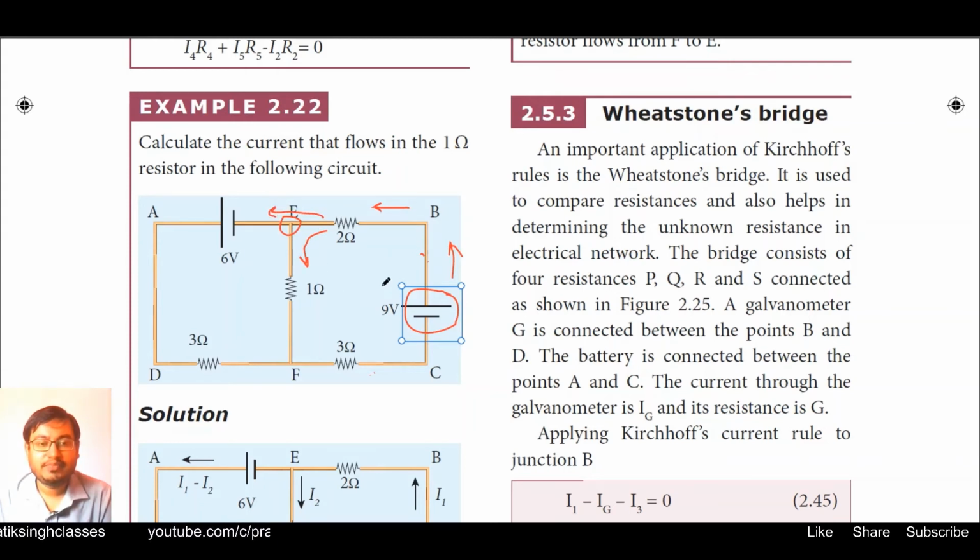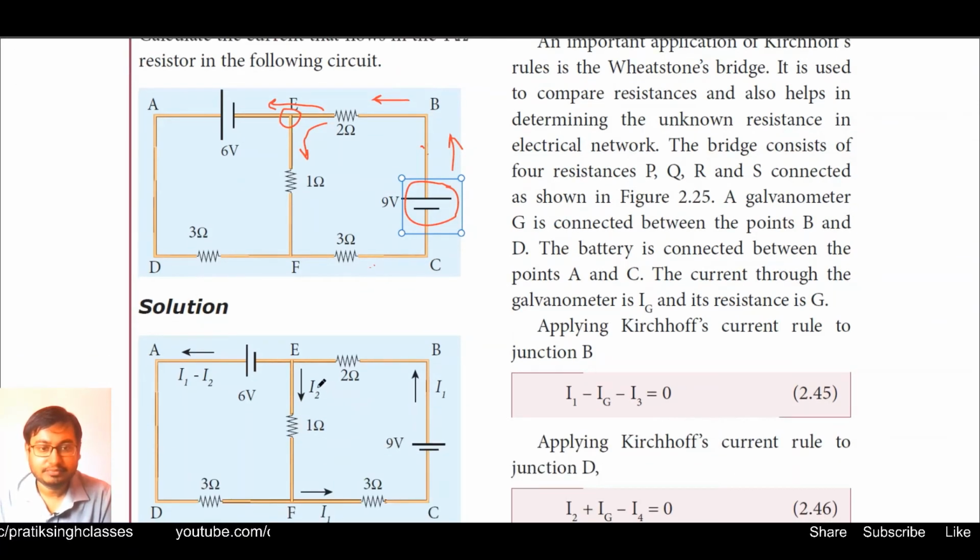If the amount of current flowing in the downward direction is I2, then the current flowing in this direction will become I1 minus I2, the remaining amount. As given here, this one is I2 and here I1 minus I2. You always have to keep in mind where the current will be dividing. Because they are attached in parallel, the current will be changing. Voltage will remain the same, but current will change.